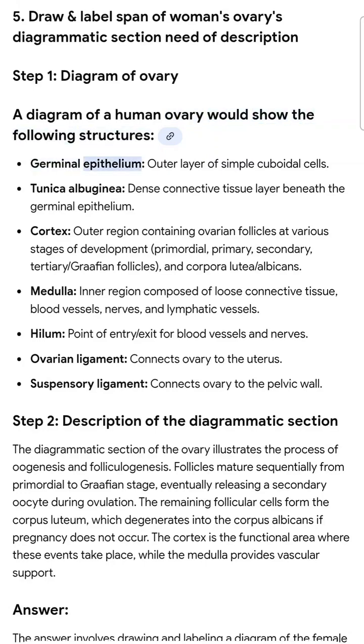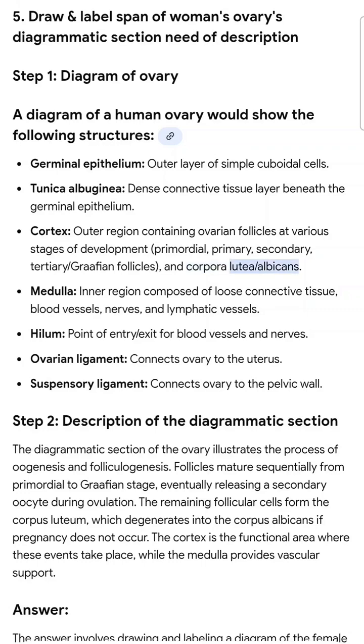1. Germinal epithelium, outer layer of simple cuboidal cells. 2. Tunica albuginea, dense connective tissue layer beneath the germinal epithelium. 3. Cortex, outer region containing ovarian follicles at various stages of development, primordial, primary, secondary, tertiary, Graafian follicles, and corpora